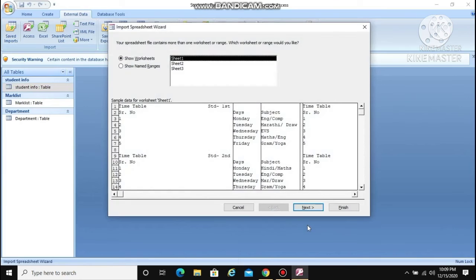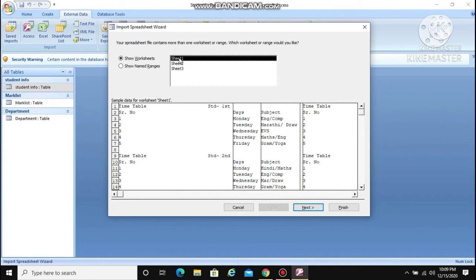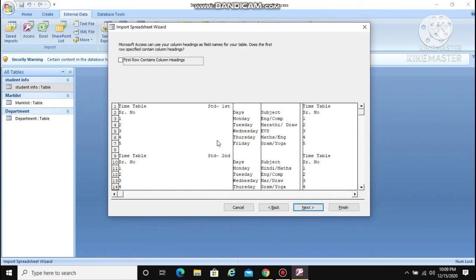Once you click on OK, this dialog box will appear. Here you have to see which sheet you want to add to your database. If you want to add Sheet 2, you can click on Sheet 2. If you want to add Sheet 3, you have to click on Sheet 3. Now I have created the timetable on Sheet 1, so I'll select Sheet 1 and then click on Next.